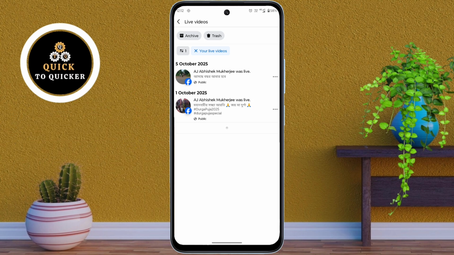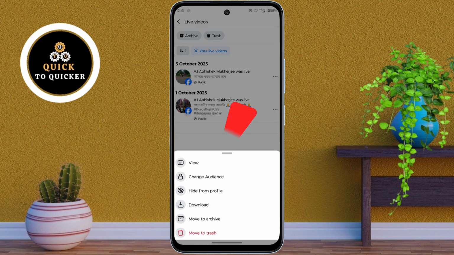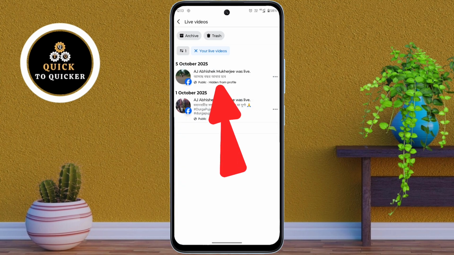If you want to hide your live video, just tap on the three dots at the right side of the video you want to hide. Then tap on hide from profile. Now your live video is hidden from your Facebook profile, and if you want to unhide the video, again tap